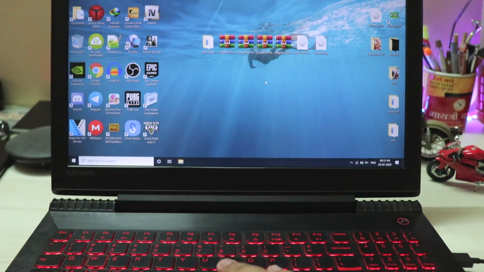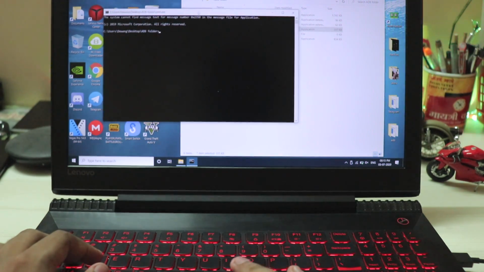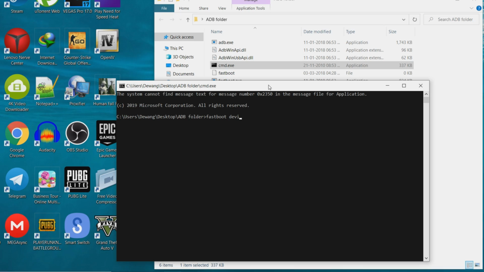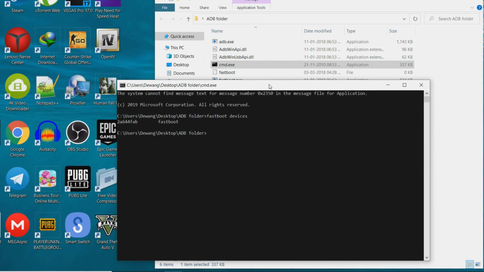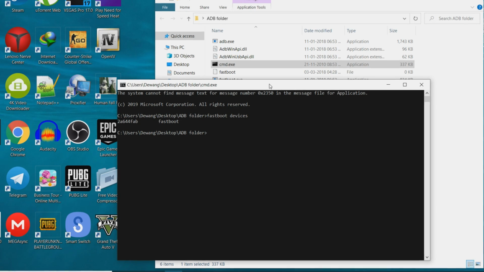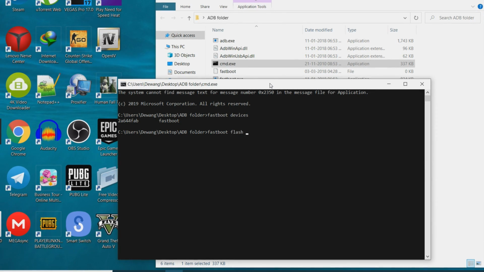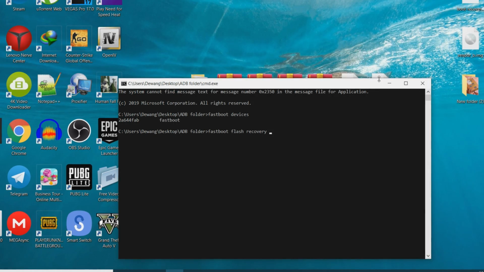Then you have to go to this ADB folder, open CMD and type in fastboot devices. If it shows a random number and fastboot, that means it's successfully connected. Then you have to type in fastboot flash recovery and just drag in this recovery right over here.